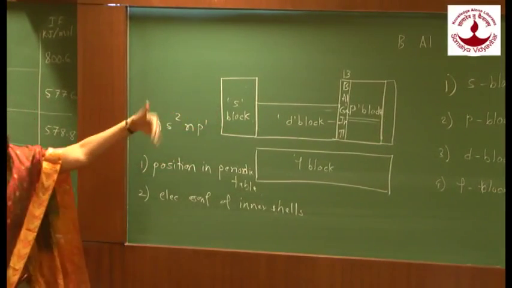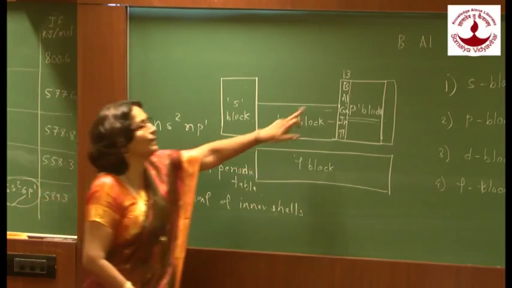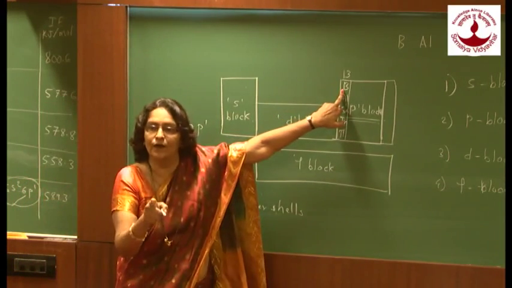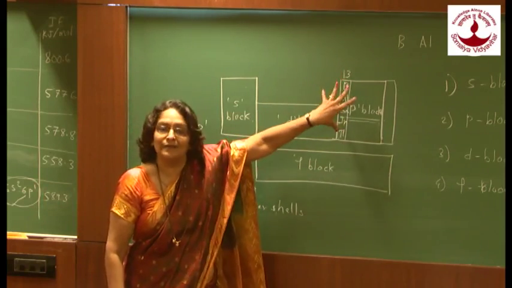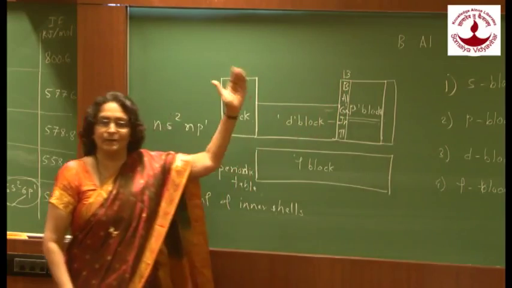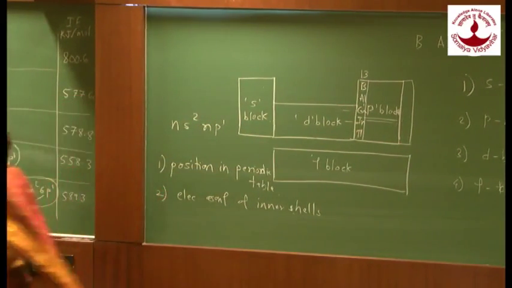There is no variation in the metallic property as you go down the group. And group 13 elements mark the beginning of this trend of change in metallic character. Therefore, group 13 elements are important because they mark the beginning of this trend. Okay. Now let us see